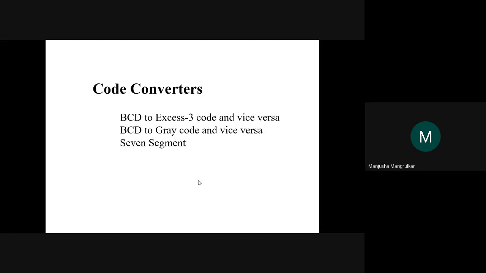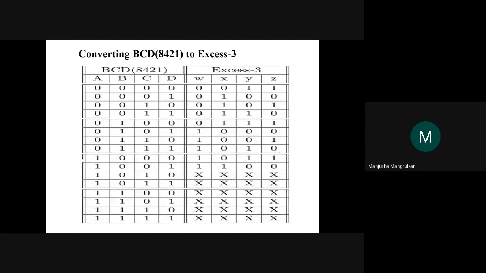Now we'll see what a code converter exactly is. The code converter means your original number has to be converted into a different number. With that different number, you can find the equation and design the circuit and transmit the data from the transmitter. At the receiver, you receive the data and decode it, and whatever the original data, it should give it to the output system. So that is the use of the code converter.